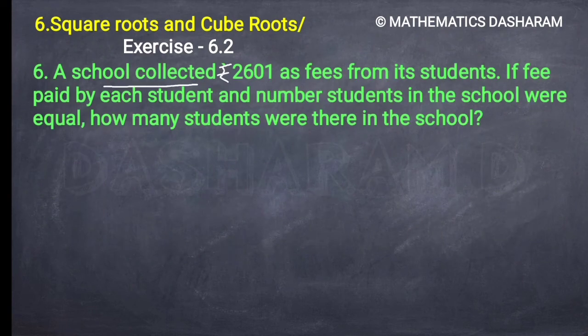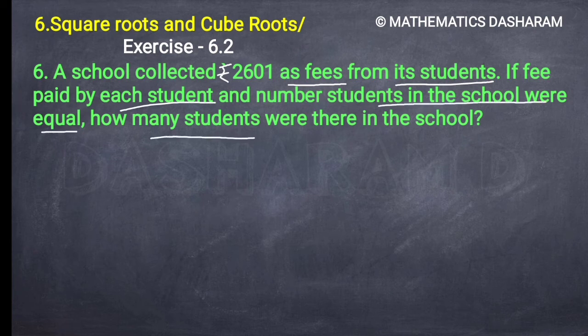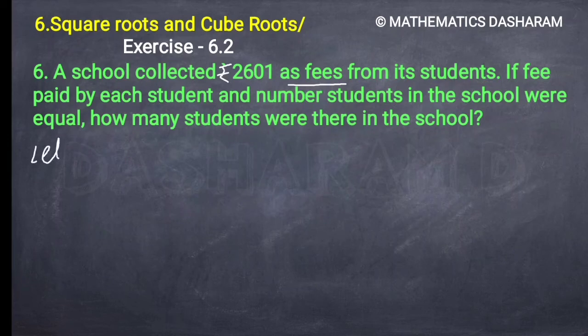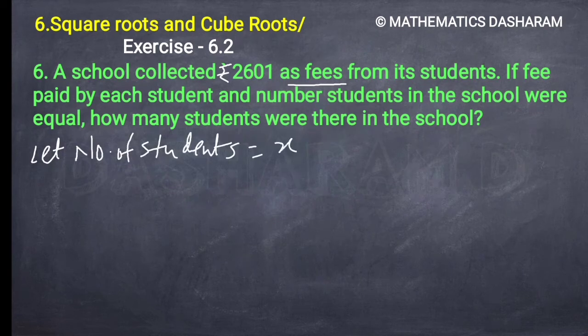A school collected 2601 rupees as fees from its students. The fee paid by each student and the number of students in the school were equal. How many students were there in the school? See here, if the fee paid by each student and the number of students in the school were equal, it's the same as the previous question. Okay, so first, let the number of students equal x, so then the fee